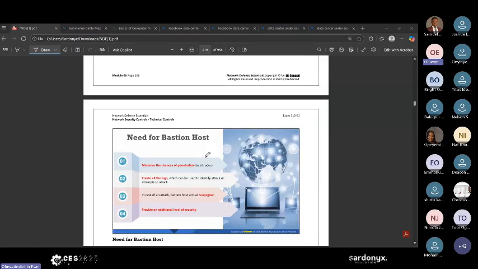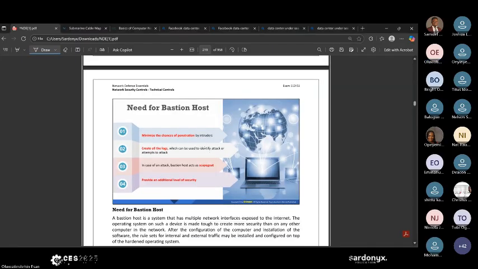So those are bastion hosts. Now, what is the need for bastion hosts? One, you minimize the chances of penetration by intruders. They just have access to that one host, and there's nothing much on it, maybe just the public-facing website. Also, you create logs which can show attacks or attempted attacks. You can also make it like a honeypot, which people just access, so you can understand people's TTPs from the logs I see. In case of an attack, the bastion host is what they will go for. In case there's an attack, that's what they will attack. They provide an additional level of security.